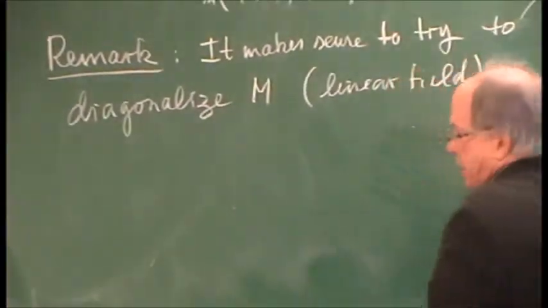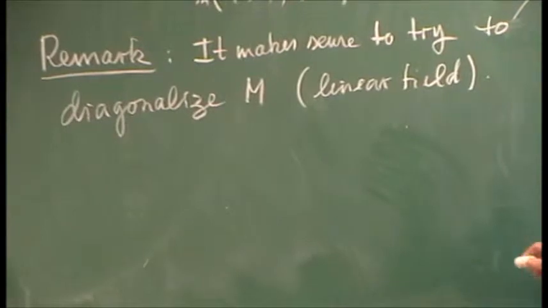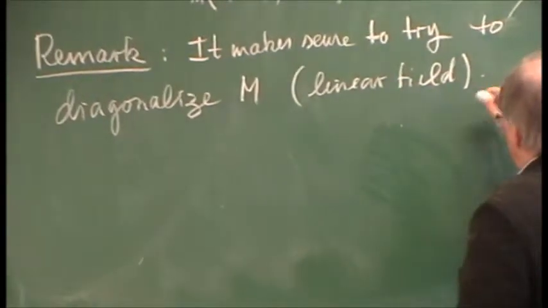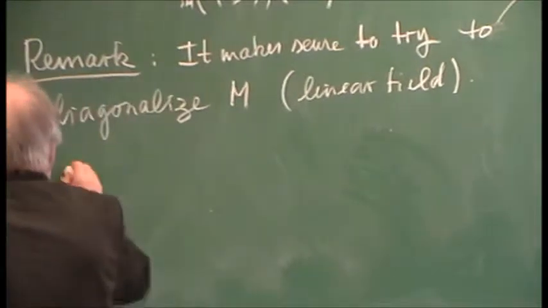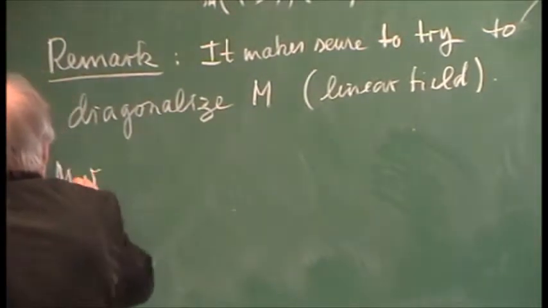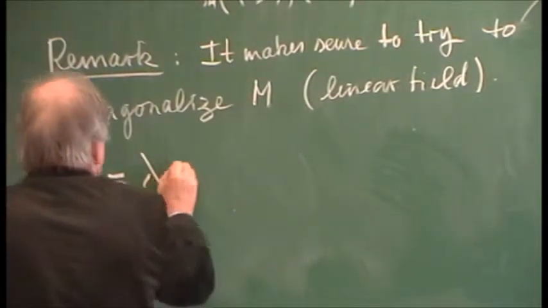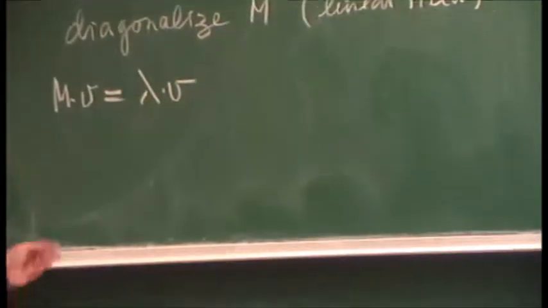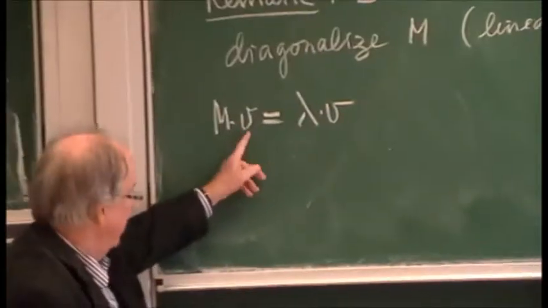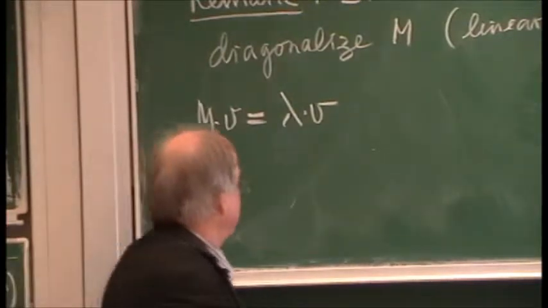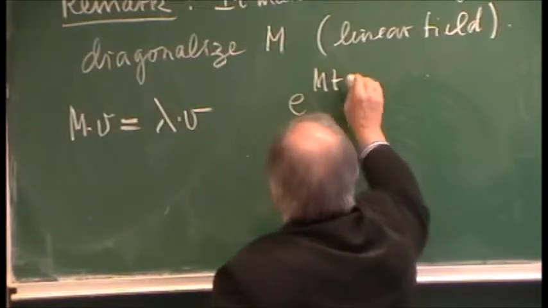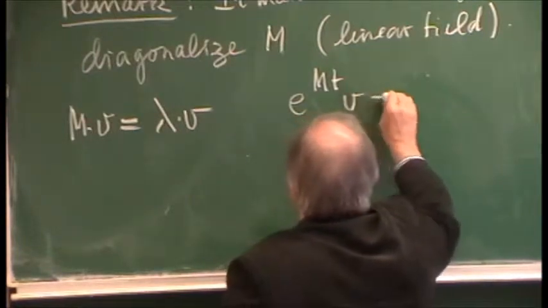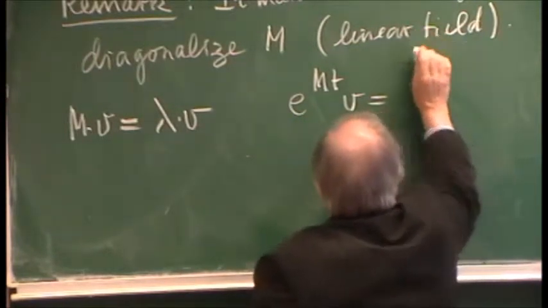Why is that? If you have V so that M times V is lambda V, so we have an eigenvector with some nonzero eigenvalue, then e to the Mt times V is